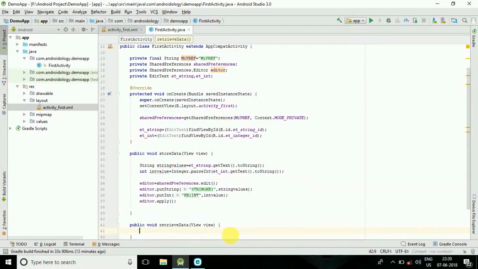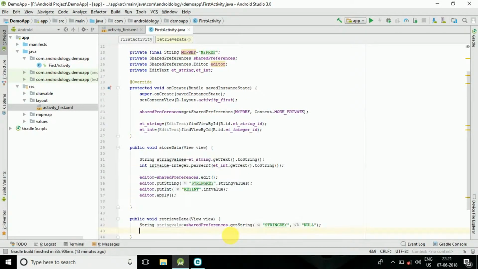And now let's retrieve data. So first retrieving string value. To retrieve data, we have to write shared preference dot get string. So first we need to put the key value of the string. So I am copying this from here. The first parameter is the key whose value you want to fetch, and it also takes a second parameter that defines if your string is null or not defined there in the shared preferences. So what would be your default value? So I am putting it here, null,